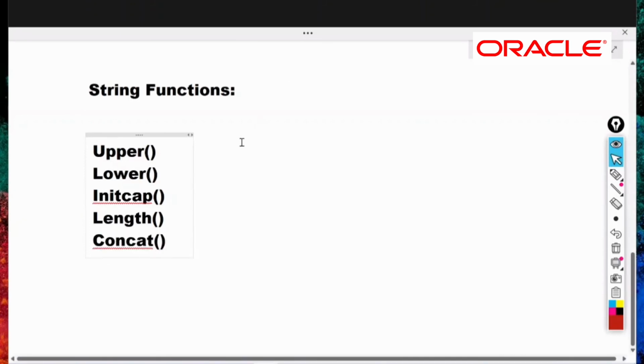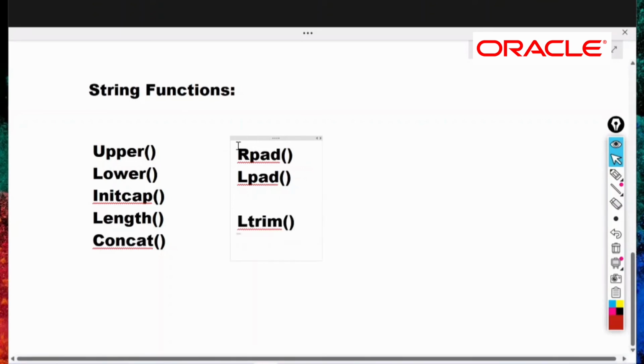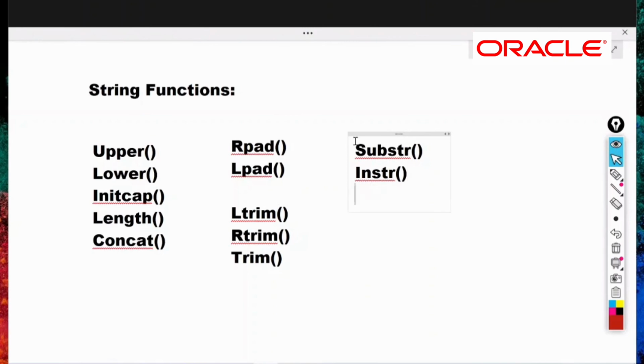Okay, like this, and it is also providing rpad function, lpad function, ltrim function, rtrim function, trim function. Next, it is providing the instr function, the substr function, and next it is providing